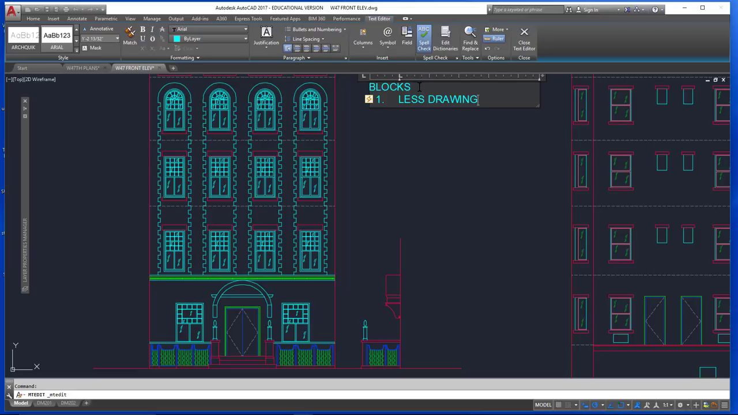We don't have to draw an object more than once. You draw it once, you block it, and then you always have it in the memory of that particular drawing. Now, of course, the copy command does the same thing. You can draw it once and copy it, but the block is different because it's still one object and it's